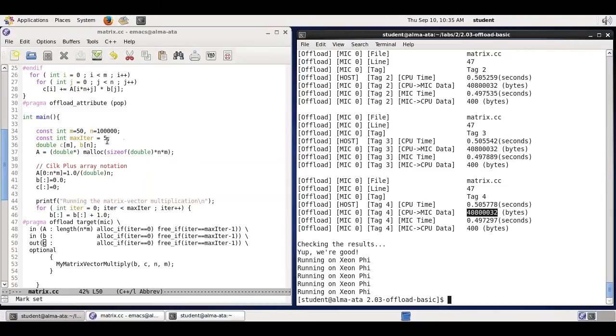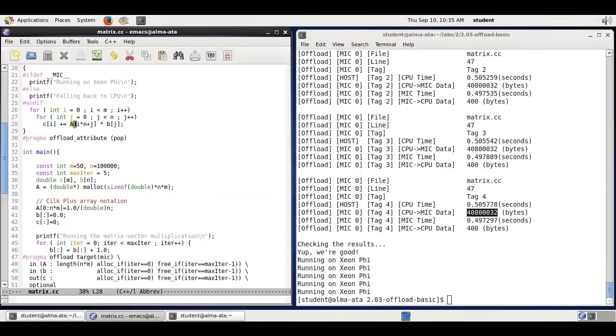The biggest problem is matrix A. The matrix A is the biggest container. It has dimensions n times m, and I am transferring it in every time. How do I work around that? How do I transfer it only on the first iteration? The trick that I like is this. I will define